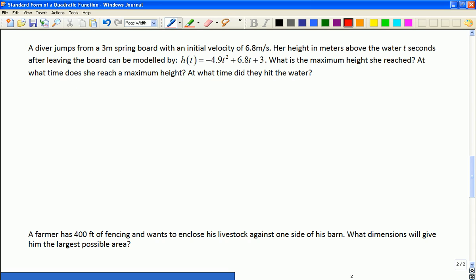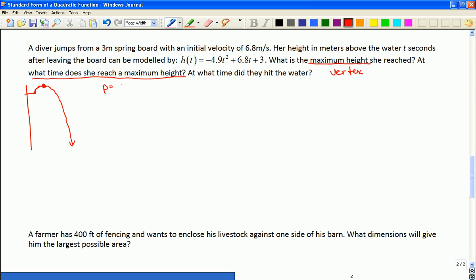So the first thing we can do is if we want to know about a maximum height and when that time was, really what we're talking about there is a vertex, right? If we picture this person bouncing off a diving board, and again you'll have to forgive my artistic skills, they bounce like that, and there's my parabola that the diver travels in. So the maximum height and the time they hit it is that vertex right there. So if I want to know where is that value,